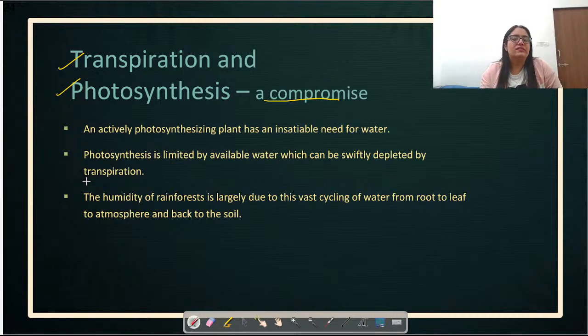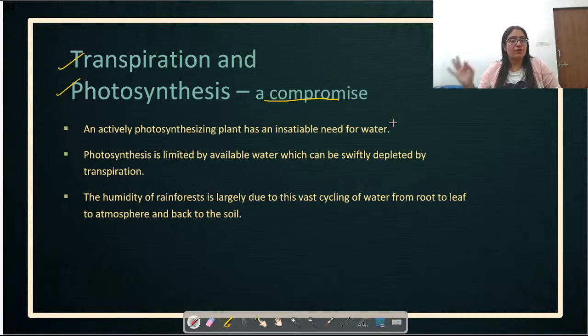These are all important lines. I have not created these lines; they are directly from NCERT, and I want you to understand what they say. The very first line given in NCERT is: an actively photosynthesizing plant has an insatiable need for water. That simply means, students, if a plant is continuously producing sugars, continuously doing photosynthesis, then it will have